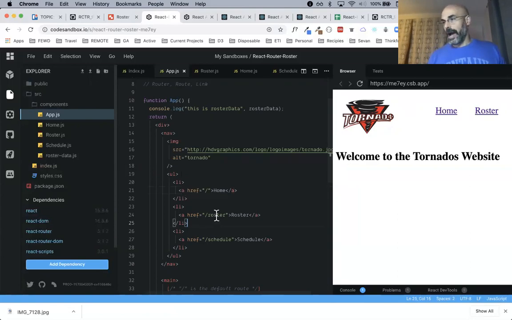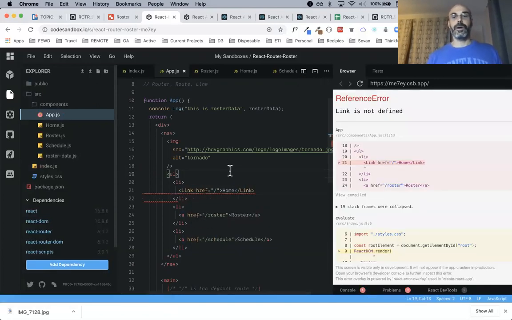So in order to do that, I'm going to replace the anchor tags. Here I have an anchor tag. I'll do it with one first. I'll select this anchor and say link. Okay, so I added a link. Now it's breaking because link is not defined. Who knows what I've got to do?